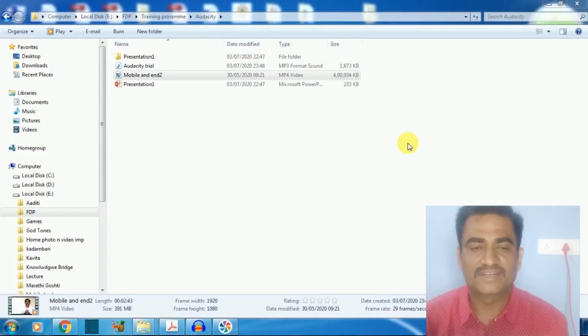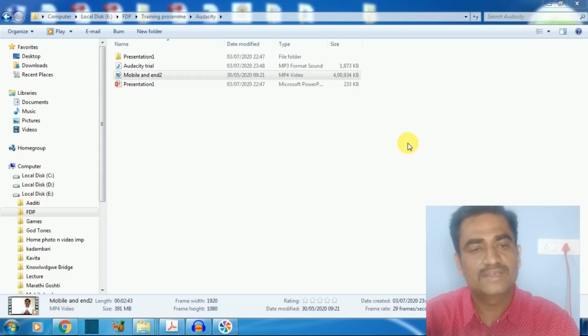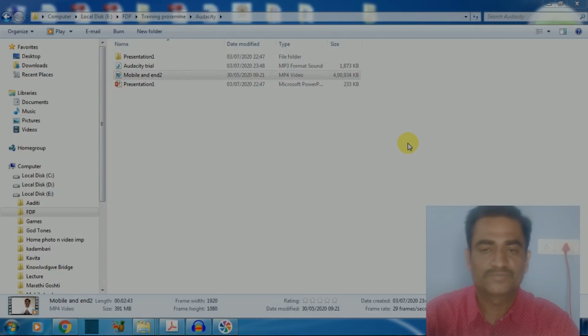Thus the file we can export in MP3 format by using this Audacity. We can remove the background sound, we can amplify the effect, we can apply other effects also such as fizz, tempo, bass effect. We can apply to the selected file, but we have to export this file in MP3 format or WAV format, and mostly these two formats are applicable for working in other editing softwares also.